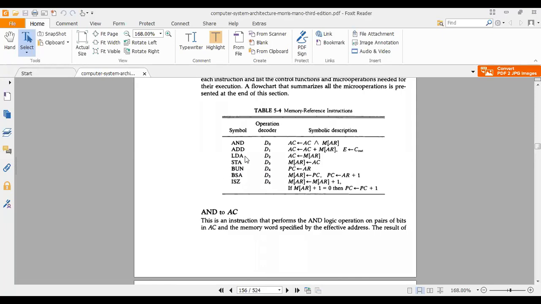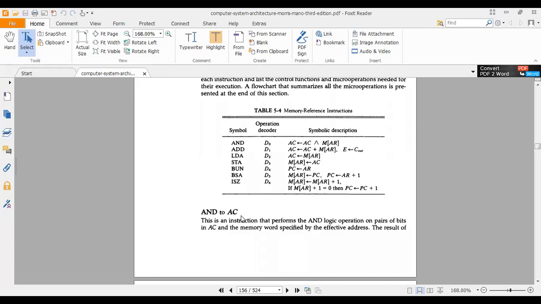BSA means when you move to a particular location, you must come back to your previous location. And this is increment. So these are the basic 6 memory reference instructions. These are most important. Now I'm showing a few of them, it is not possible to show every one.